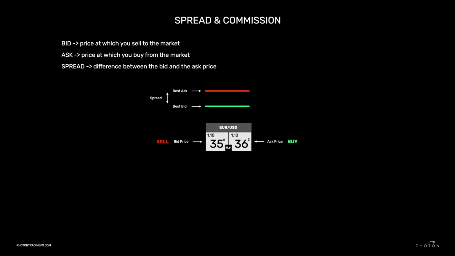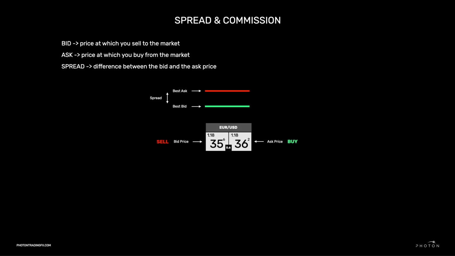So in this example, the bid price for euro dollar is at 1.18356, and the ask price is at 1.18362. So just really the difference in the micro pips there, right? So it's a spread of 0.6 pips. On TradingView, if you were to look at this, it would just show the mid price, so halfway between, which it would show is